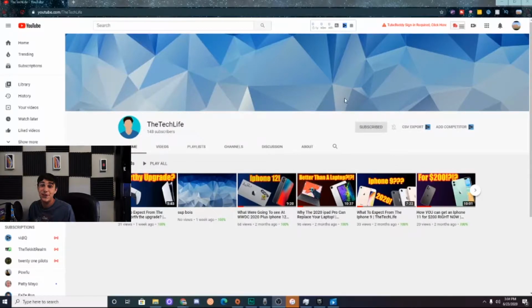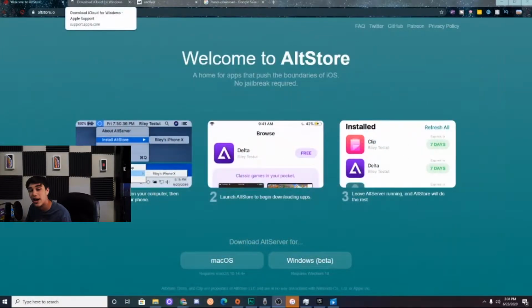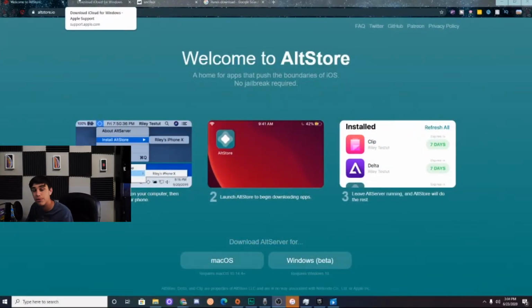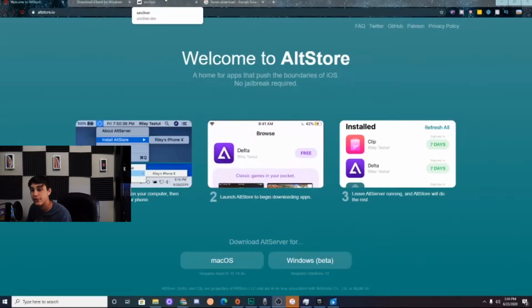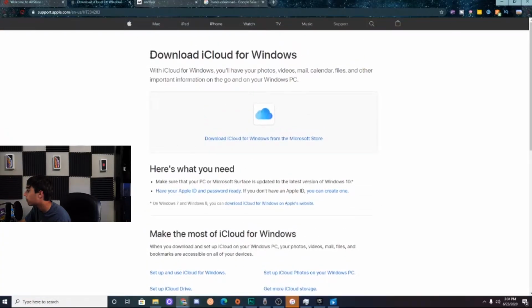Okay, now seriously, all jokes aside, first thing you want to do is go to and download iCloud and iTunes for your computer. And by the way, this is just for Windows if you can't already tell. So I'll have links in the description for iCloud and iTunes, and you want to click download iCloud for Windows